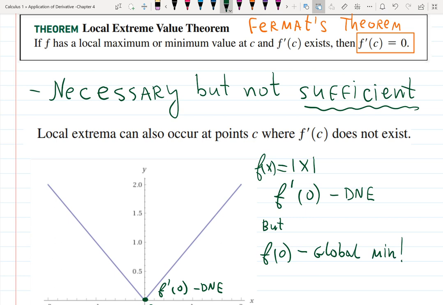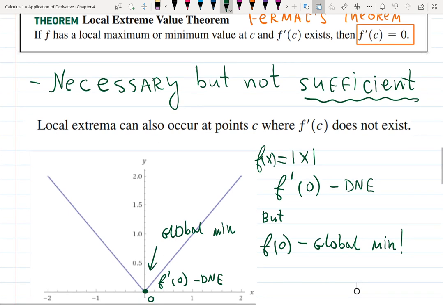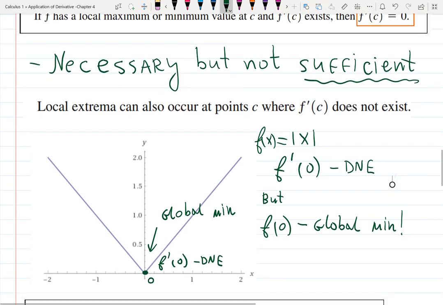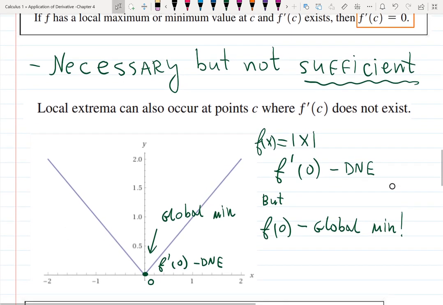So we need a way to include those cases, right? So this is my global minimum. Global extreme value is over there. Well, then we need to define a new type of points, which will include both,